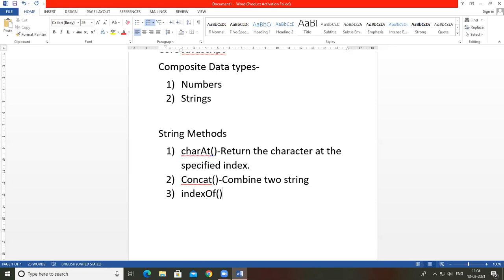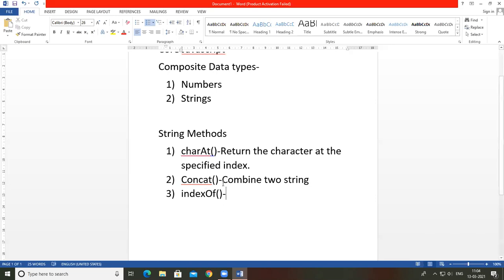indexOf returns the index within the calling string object of the first occurrence of the specified value. Suppose there is one value and it comes from the string, then the first occurrence of that value is returned.